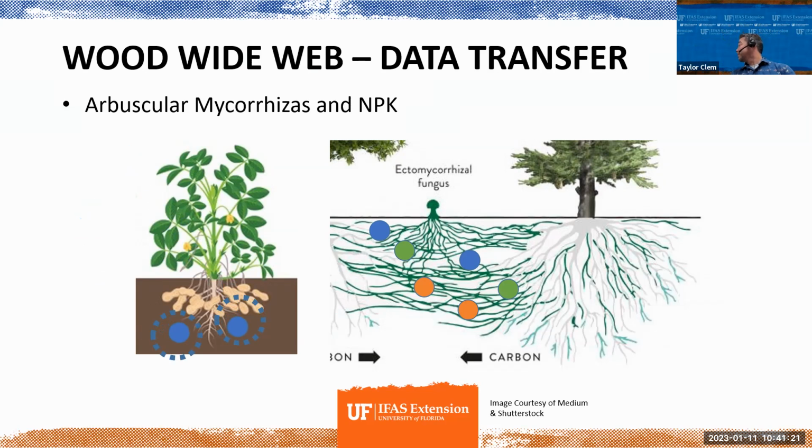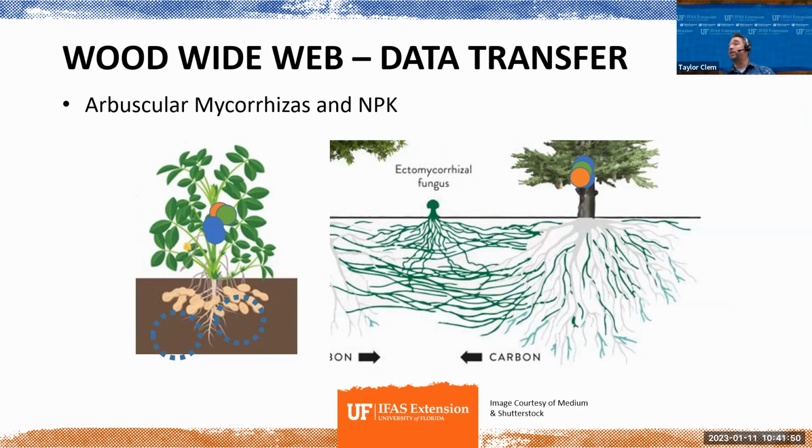But then guess what? That peanut can take some of the nitrogen and send it out to other plants, other peanuts in the field, or maybe even other trees or plants in the surrounding natural areas. And in exchange, guess what? It can come back too. So that mycorrhizal arbuscular network could be sending some nutrients and water into that field as well. So we can benefit from this, right?